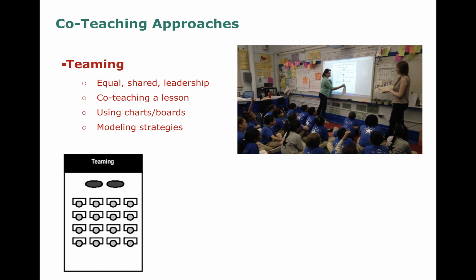So you can model strategies. One teacher might model strategies that are conducive for some learners, and then the other teacher could model strategies that she knows will help those students who are struggling. And that way, none of the students necessarily know which strategies are being modeled for whom, but they know that they have 2 different options. That's how we differentiate our instruction, okay? So teaming is a great way to do it. I would say that it takes much more practice and experience in co-teaching, and that it wouldn't be quite as easy when you're first starting out.